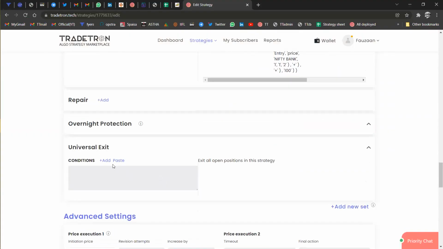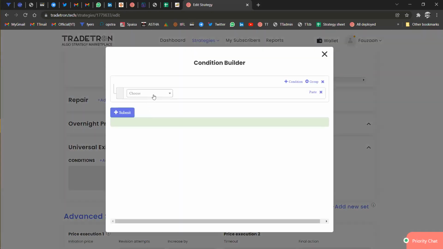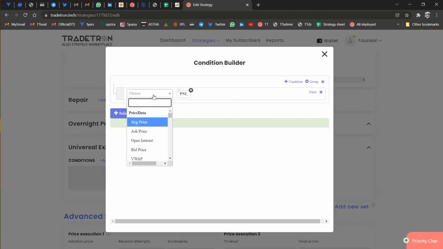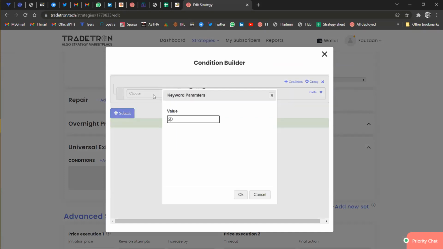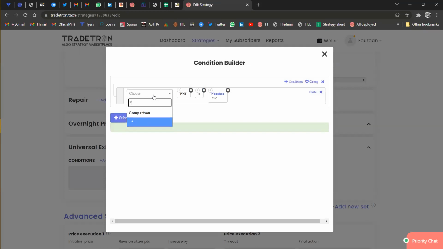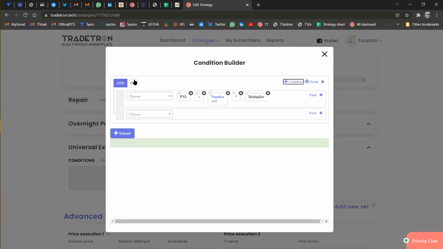Now we will see how to give the universal exit condition. So if at any point of time the PNL for one particular leg is, let's say, minus 2,500 into multiplier. Suppose we are trading with one lot, then the multiplier will be minus 2,500. If you are doing it for 10 lots, then into multiplier it will be 25,000. And we will give one more condition with OR, like time is greater than